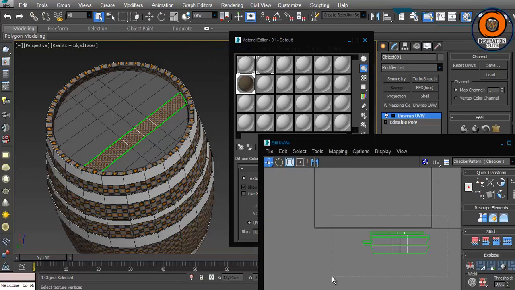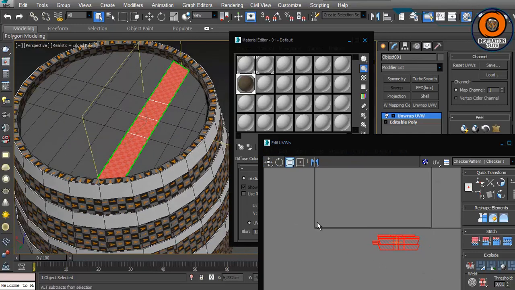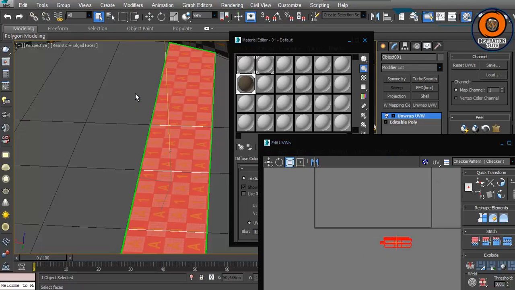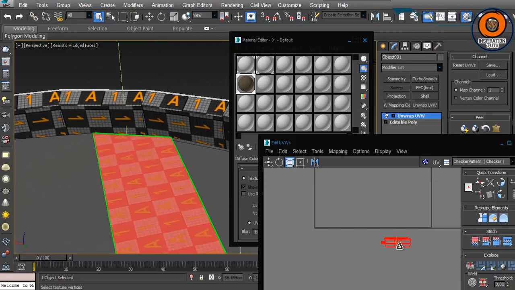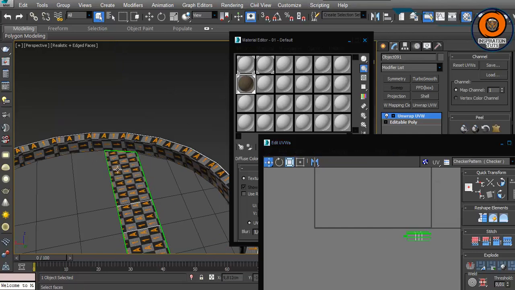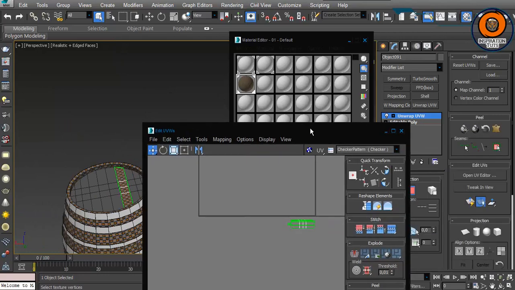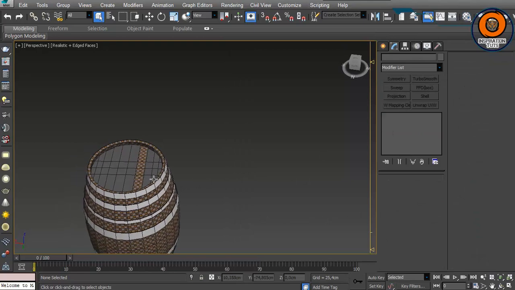So the size of the checker texture indicates whether the size of the unwrapping is okay or not. So we're gonna compare the size of the checker texture here to the one that we created previously. Even though this comparison is not gonna be highly accurate, it is necessary. Okay, we've done that for this piece, and we'll do the same